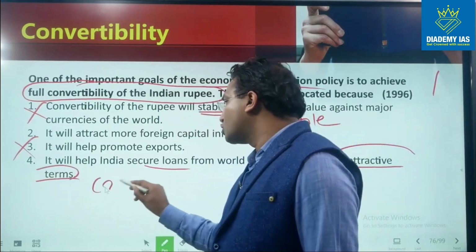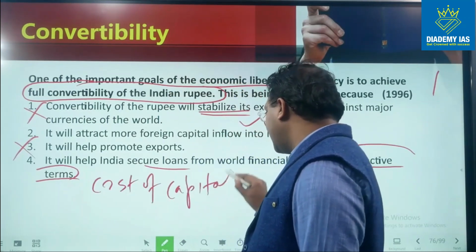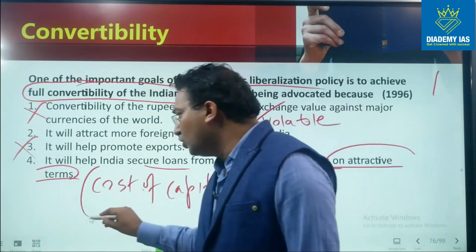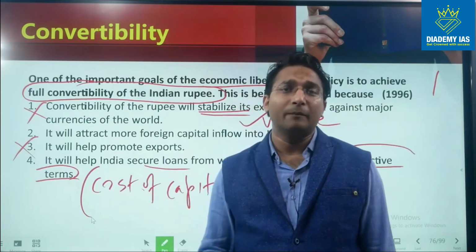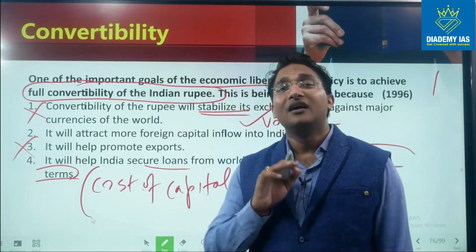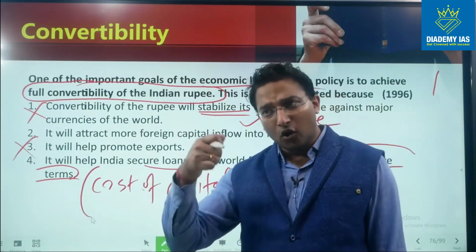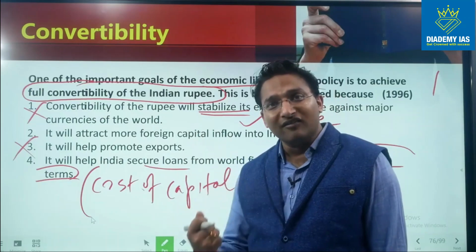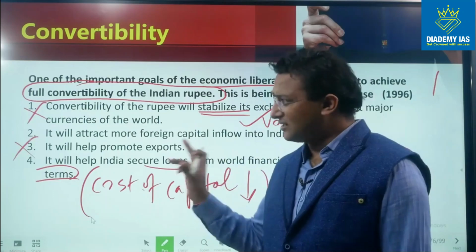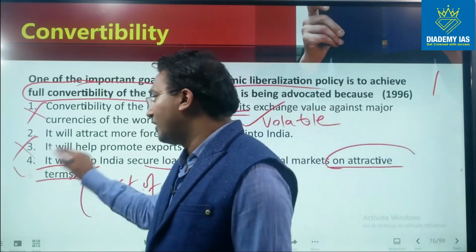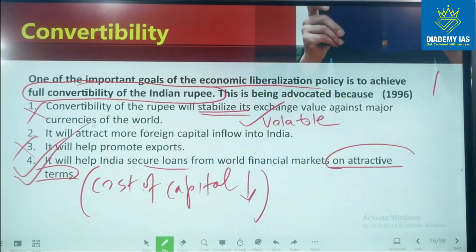That means our cost of capital will be reduced. I am highlighting this point again and again, that our cost of capital will be reduced because developed countries like USA, their cost of fund is very, very less as compared to developing countries like India. In India, the cost of capital is running into double digits. We go to the bank and we get the loan at 10%. But in developed countries, the loan is available at 2 to 3% also, right? So this is a major advantage. So we will go for option 4, right?